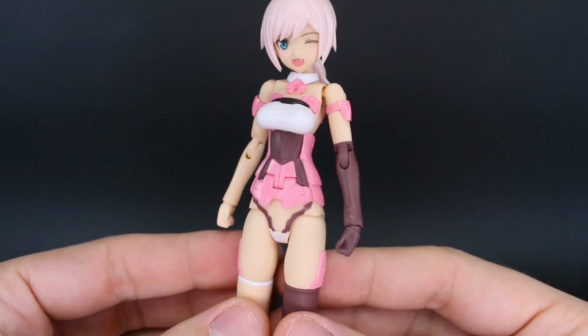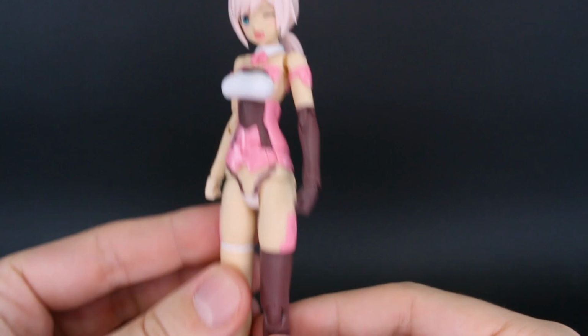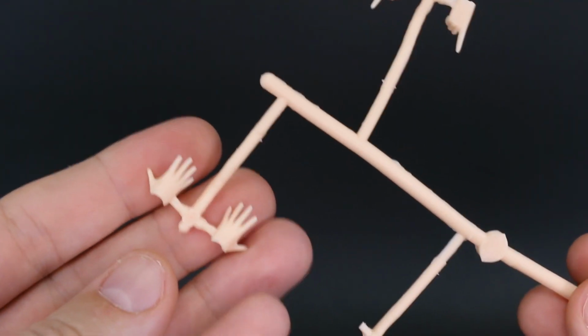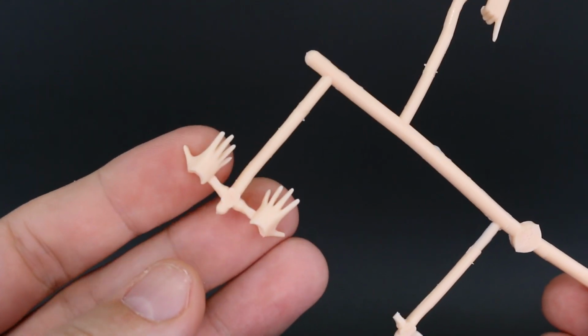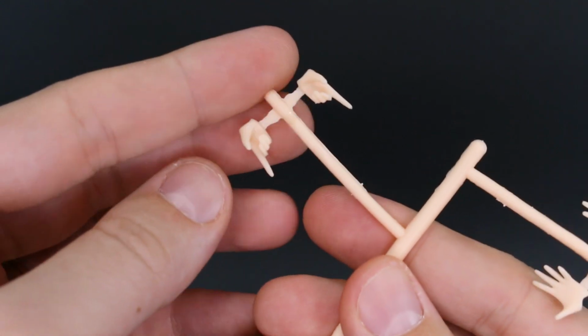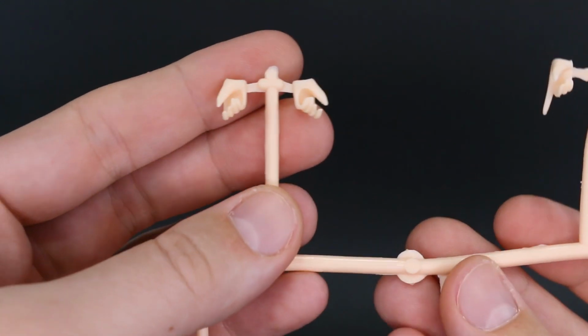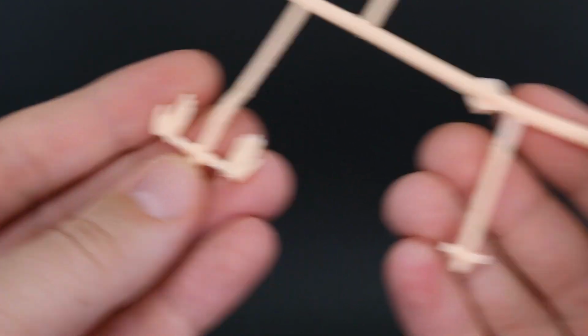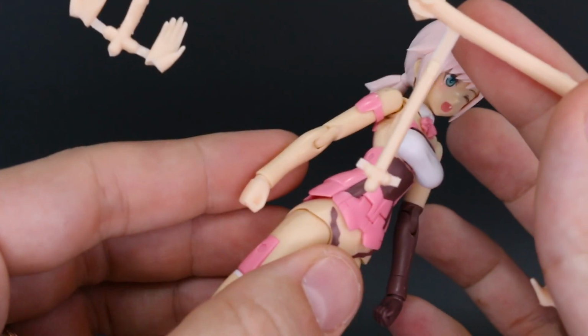So you've got some options there for that if you wanted to have that more or less covered like so. Now we've got a ton of different hand options here. So there you have the open expressive hands like that. Here you have the holding hands with the trigger finger extended. You also have just the holding hands without the trigger finger extended. You have just these open resting hands, and you have the closed fists, which I've got there on the kit